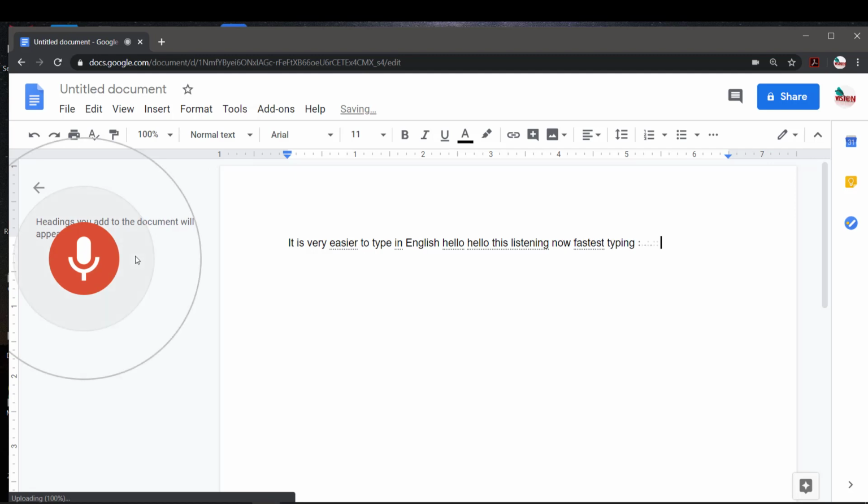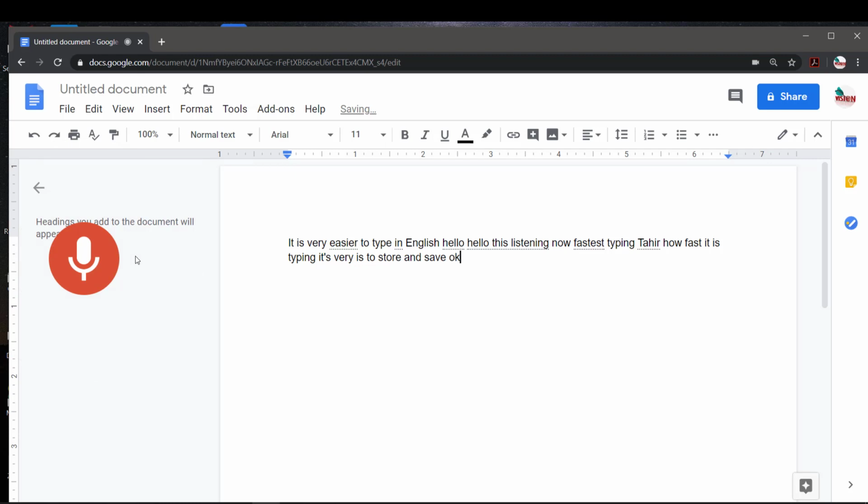It's very easy to store and save. In this way, we can type in many other languages. See here how much faster it is typing.